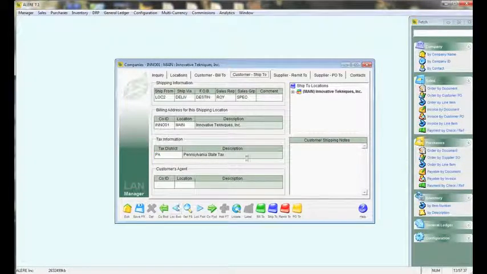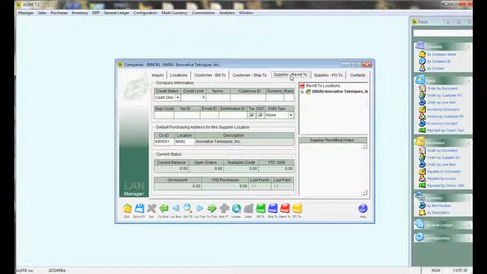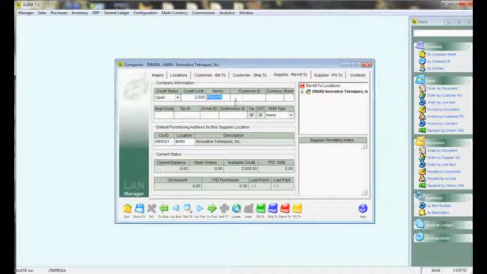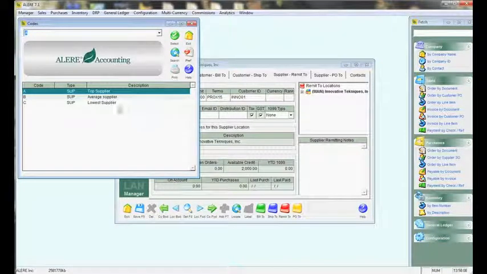We will now be selecting the Supplier Remit To tab. The credit status allows cash only, no orders, hold, and open. You can enter a credit limit along with the payment terms. You can enter your customer ID. You can also enter a rank and the supplier code,